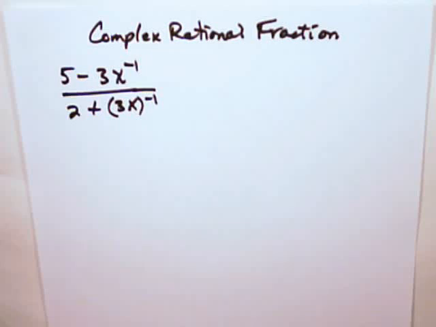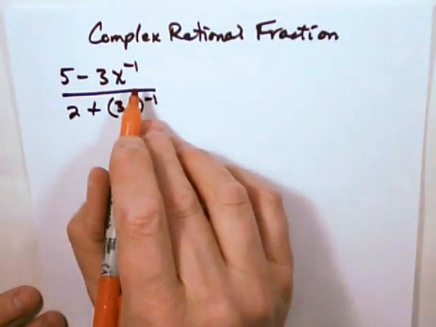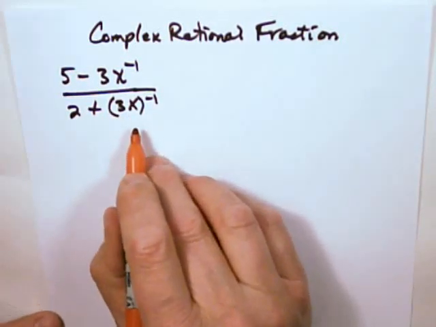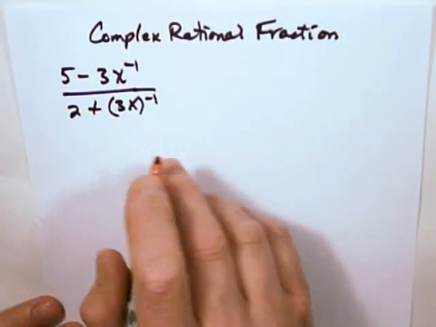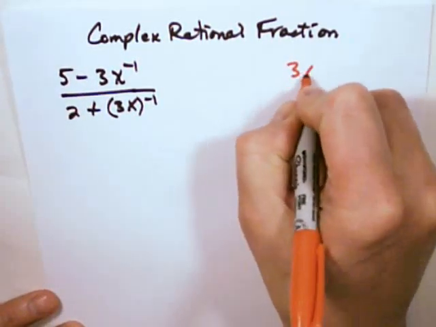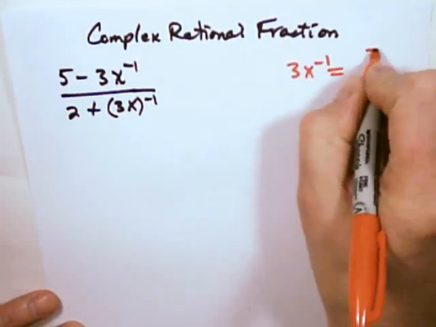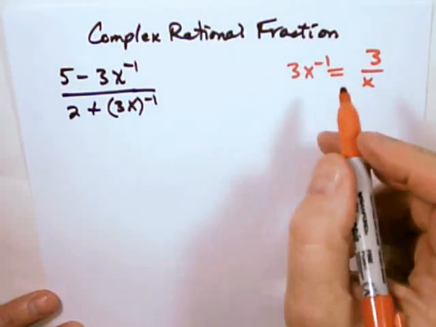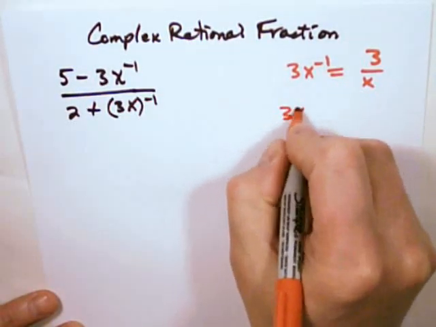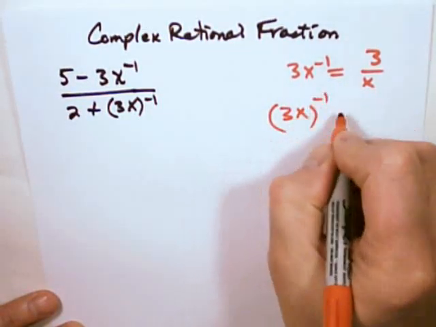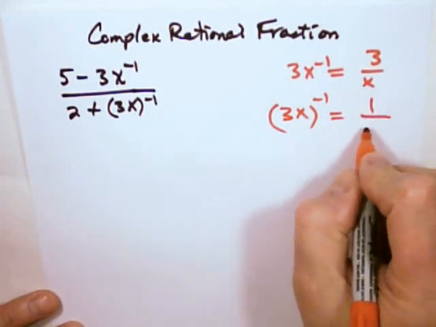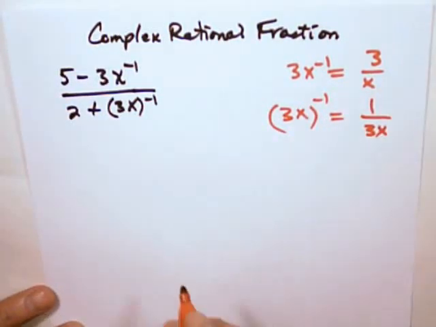Here's an example of simplifying a different kind of complex rational fraction. Well, look at this expression here. Is this a complex rational fraction? Well, if you note that 3x to the minus 1 is equal to actually 3 over x, and if you note that the quantity 3x to the minus 1 is 1 over 3x, why then we can rewrite this whole expression over here,